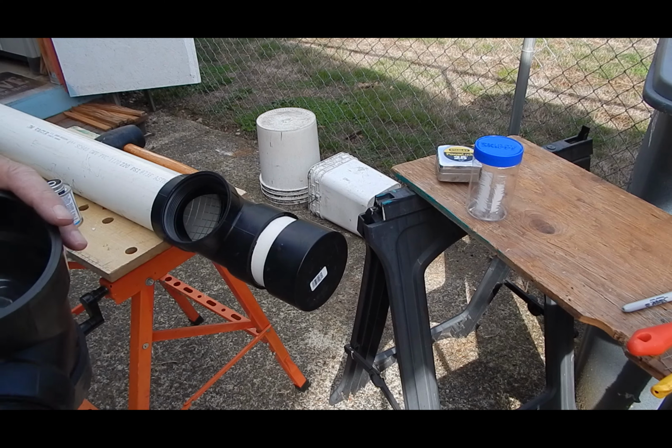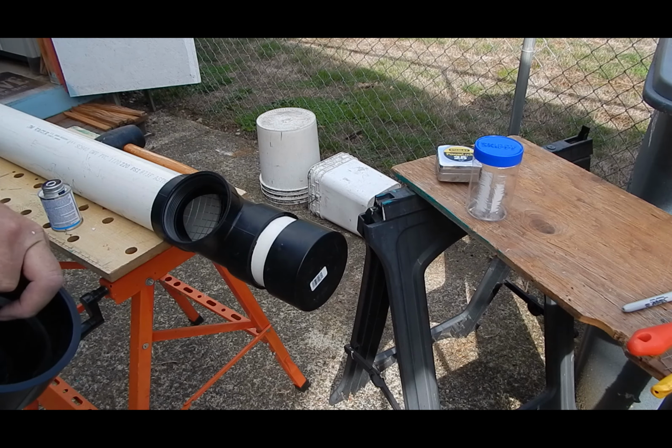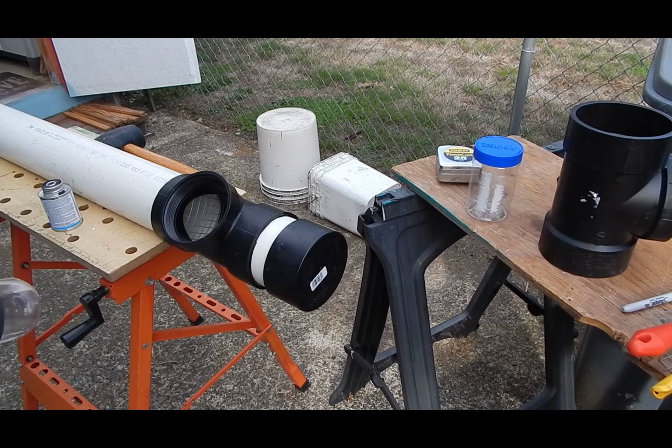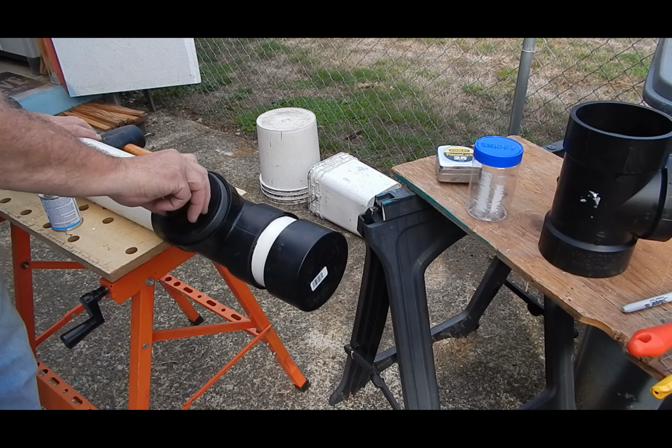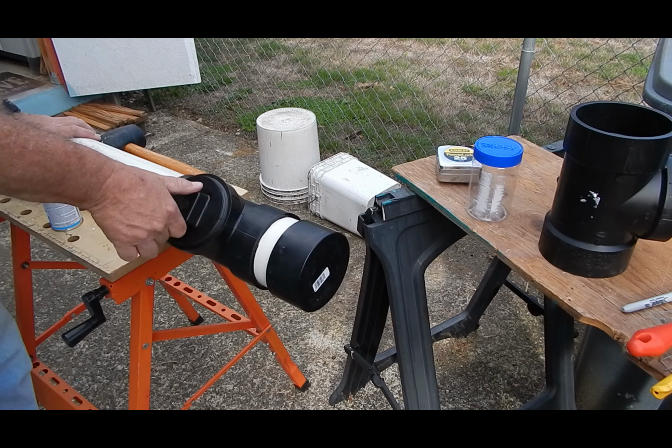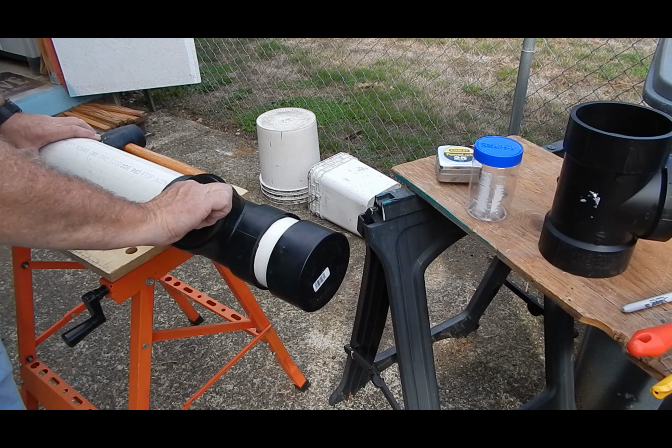And then when you get this mounted out in the field, it'll hold up to the weather. And up here where we got to worry about snow and rain, it's a nice setup. So when I'm all done with this,